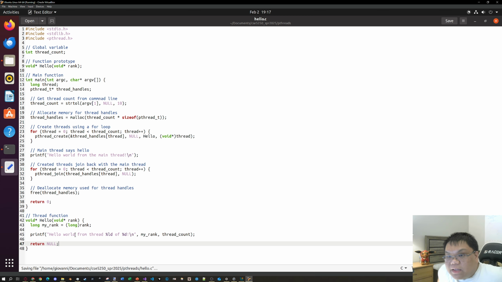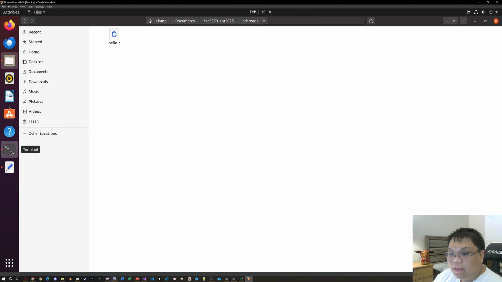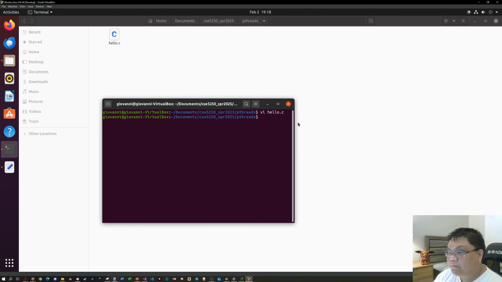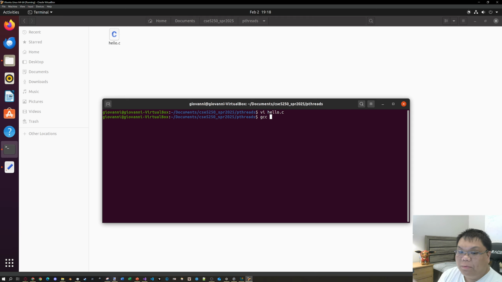There we go. So that is our entire hello world program fully written out. Let's open up this terminal again, and I need to type in a command to compile it. It's a bit more involved than your typical compile command, because there are a few more things you have to include. That is going to be gcc -g -o,